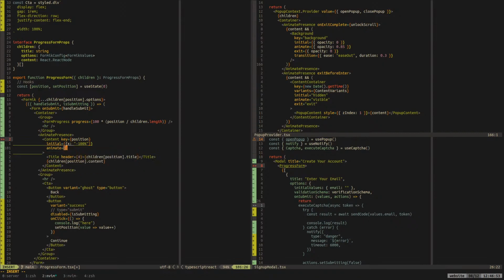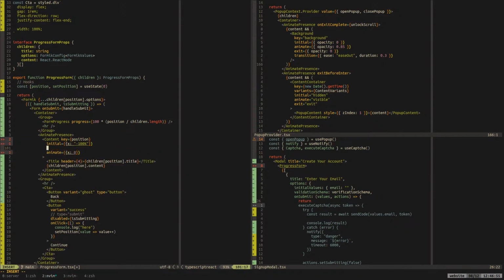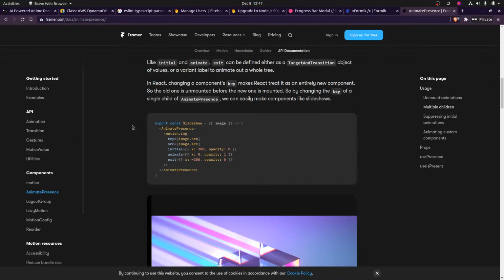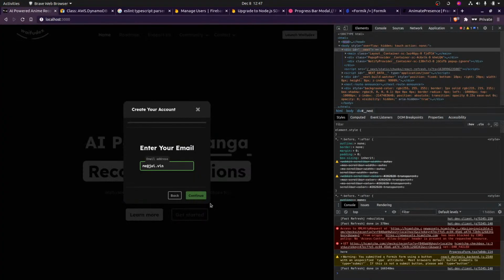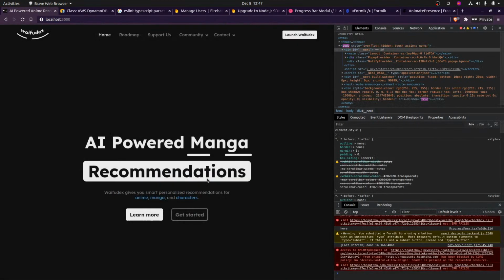X 0, and then exit. This is the magic in AnimatePresence, that you can do an exit. Negative is probably to the left, and I want it to exit to the left, so it should come in from the right. Maybe that works. Oh, look at that.